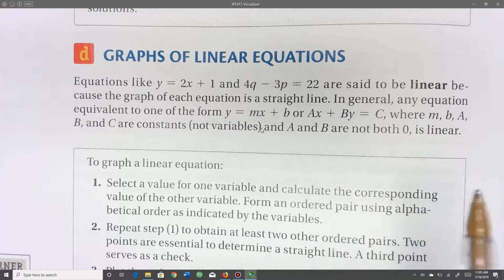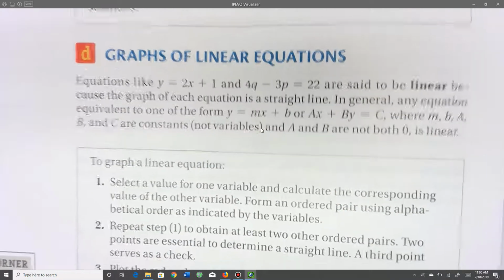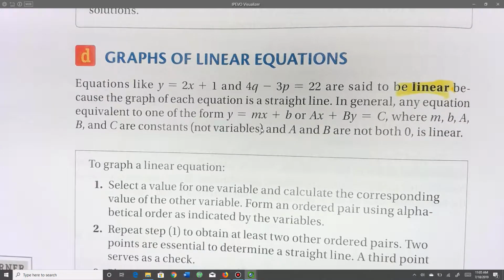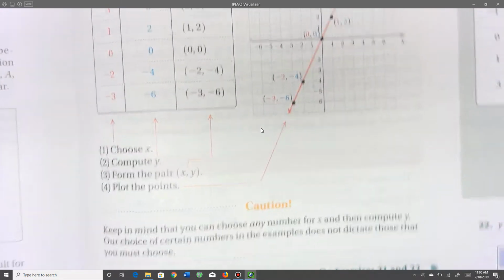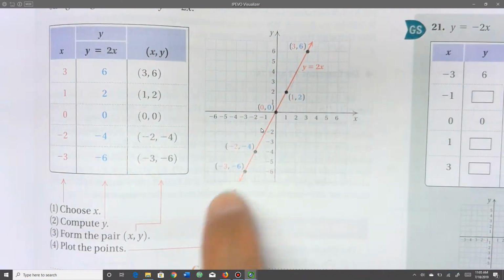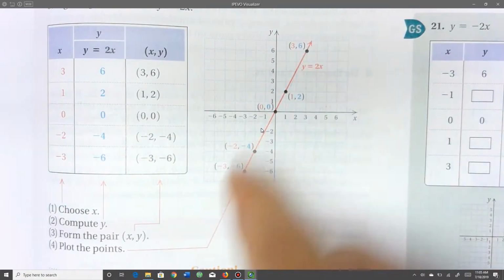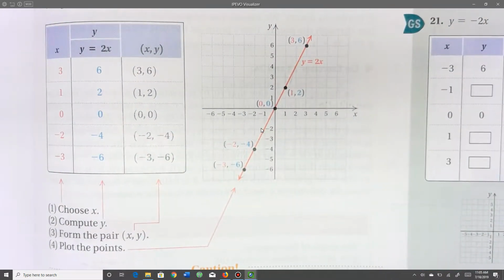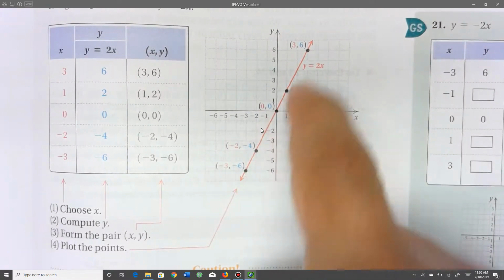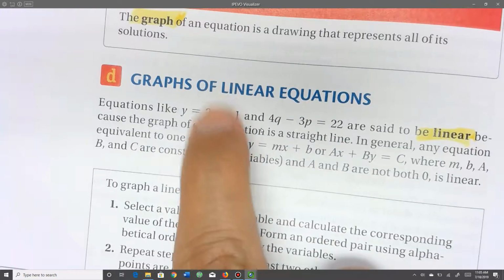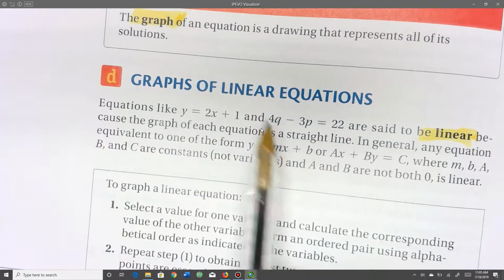You don't have to know that, but it would be easy to remember because, let me underline that, let me highlight it, because all our graphs are gonna look like this, just a line on the graph, on the plane, just a line. So they are called linear equations. These are linear equations. These are gonna yield just lines on the graph,